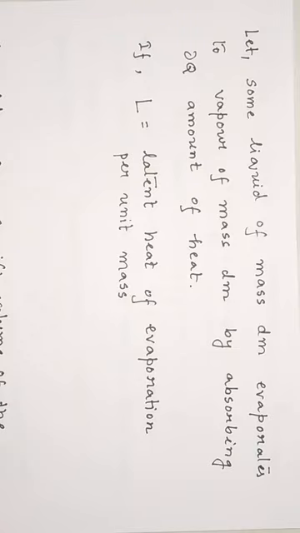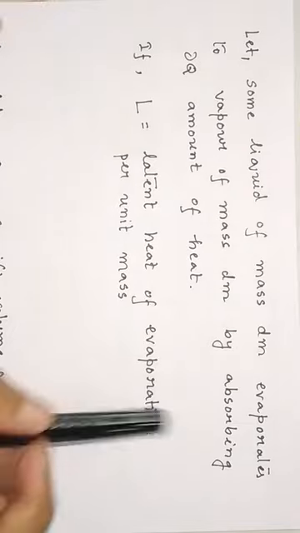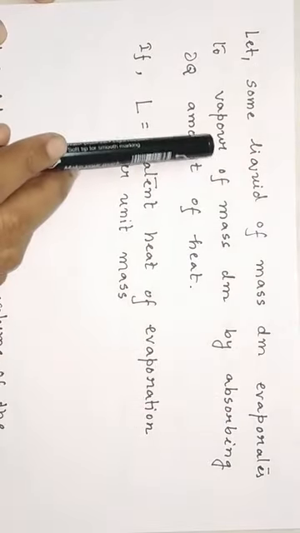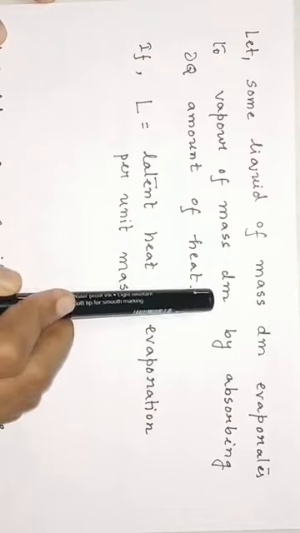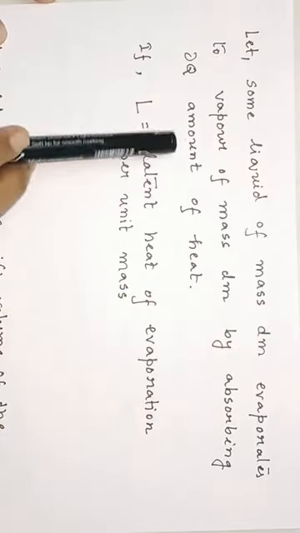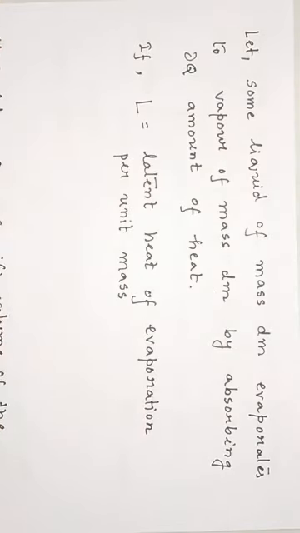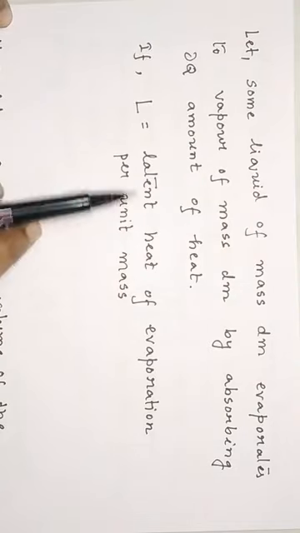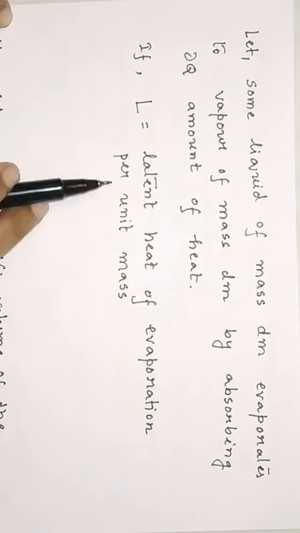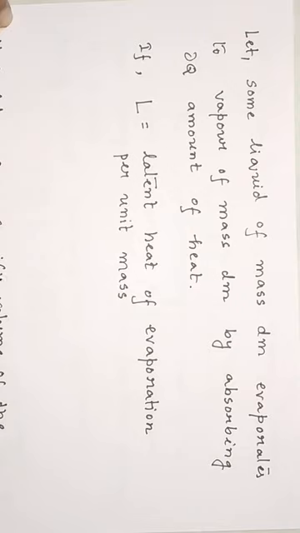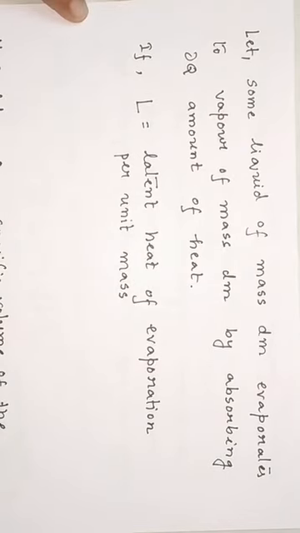Some liquid of mass dm evaporates to vapor of mass dm by absorbing delta Q amount of heat. This amount of heat delta Q will be absorbed from the atmosphere. Now if L is the latent heat of evaporation per unit mass, then what will